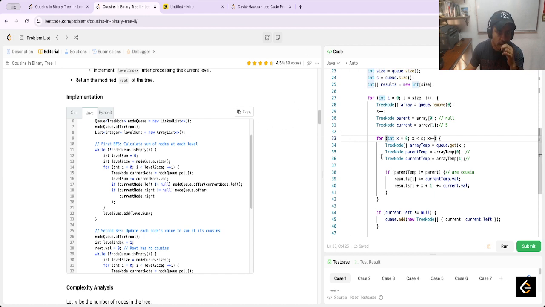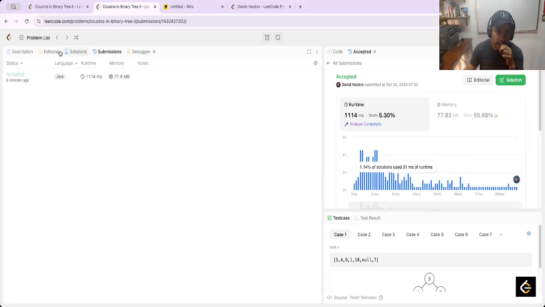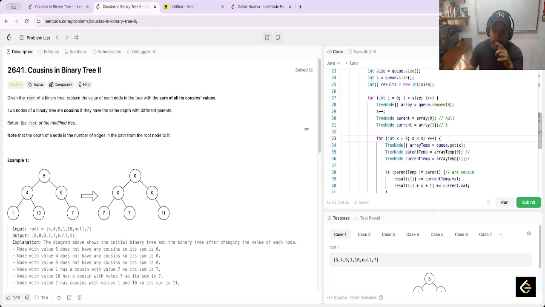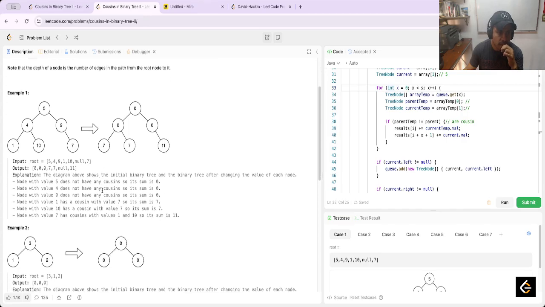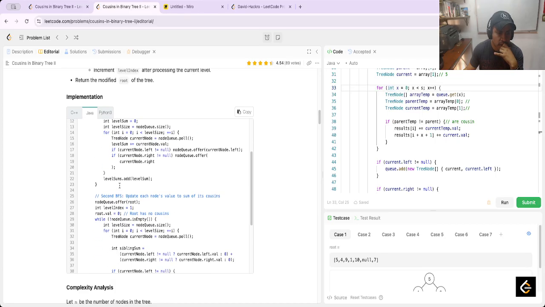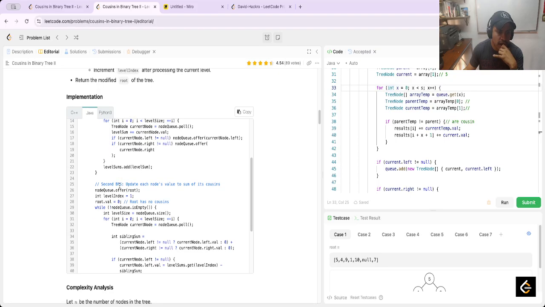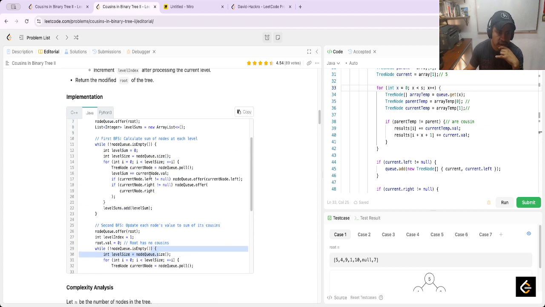But for this reason, my performance is very bad. I think it's for this reason because I am traversing every level, yeah. But in this solution, first BFS calculates not on each level. I think that this is more heavy than my solution because in this case, it traverses twice the binary tree, and in my case,